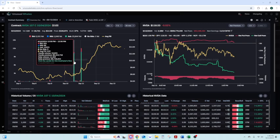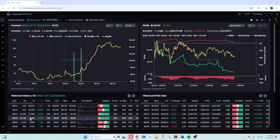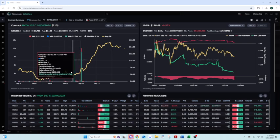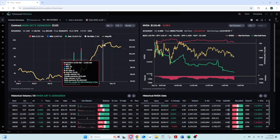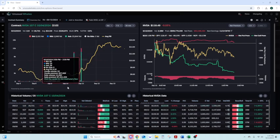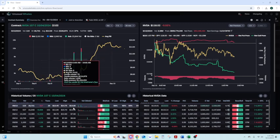So these came in the 11th. These were on the 10th. So here's your 10th. You can see that 10,000 come in. They may have taken some profits there because only half of the next day's carried over into the 12th. So you can see we had that 13,000 volume and only 8,000 carried over. So they could have sold some of these at the ask at 786. But if they didn't, and there's just some other transactions in there, these contracts hit a high of